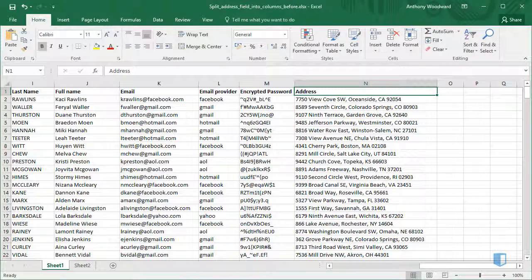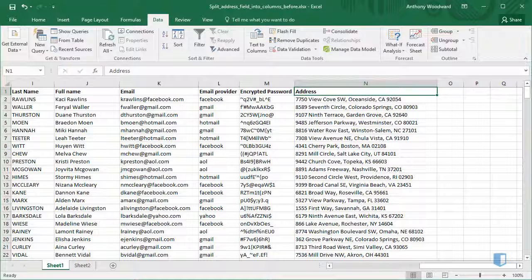The address field in a dataset often contains very helpful information such as city, state code, and postcode, which when separated can be used to perform useful sorting and filtering by location. Our first step will be to select all of the addresses, so I'll do that with Ctrl-Shift down arrow, and